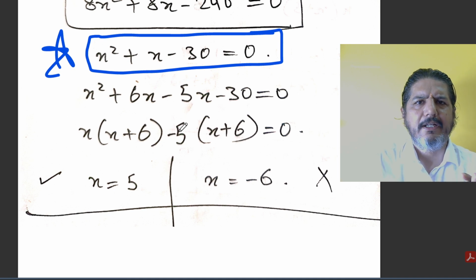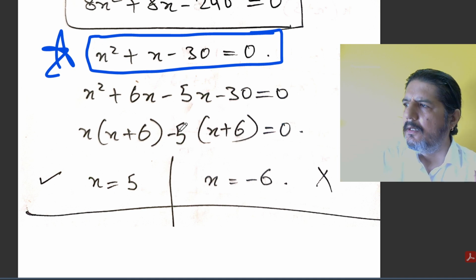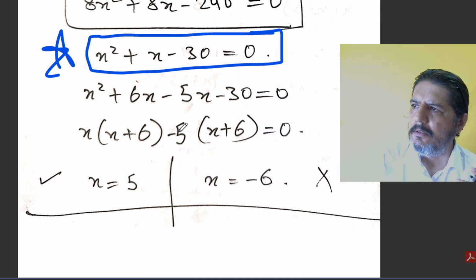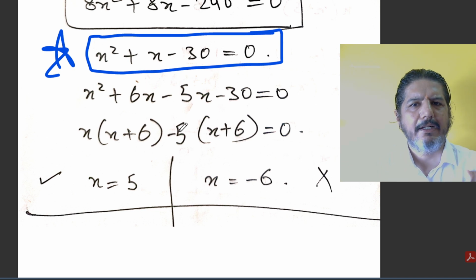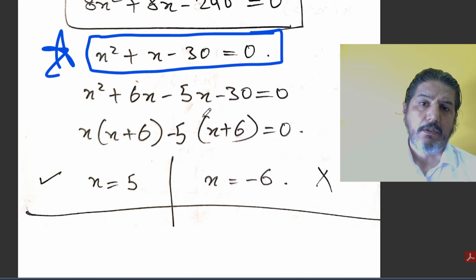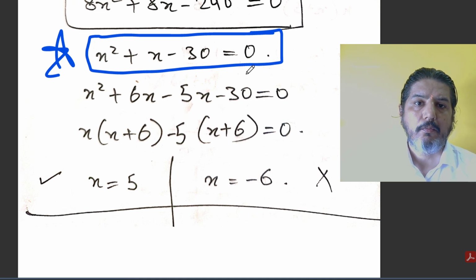Splitting the middle term is very easy. Usually it happens at prelims level that if they give a difficult equation, they'll give you an easy middle term to split and you can do it. But again, what I'm trying to say is that here, splitting the middle term